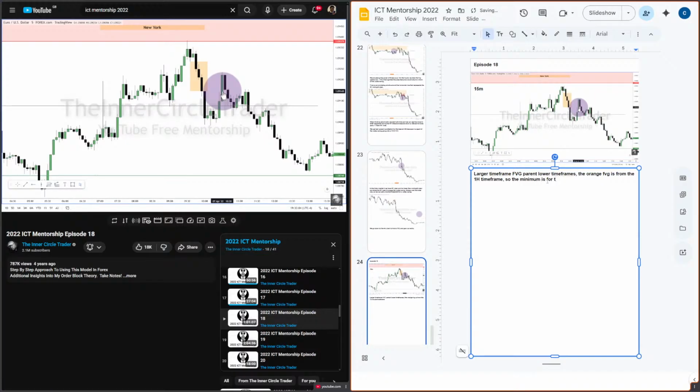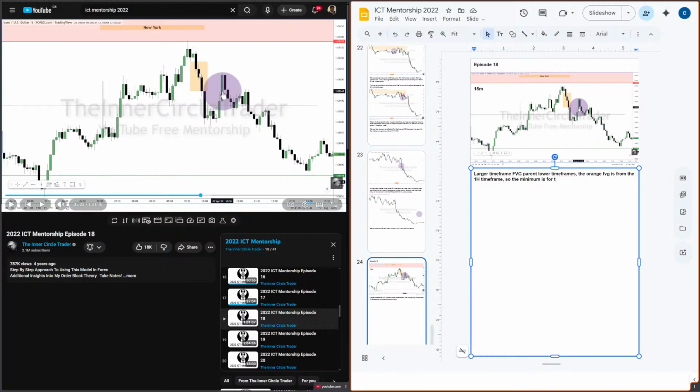This actually helps because I remember times where I'm like, okay, we're allowed to go down in time frames, and let's say we're entering on the 1 minute time frame. That means that technically, in this instance, 5 minute. Why can't we enter on this fair value gap? Why must we use the parent or the other one? Now we have understanding, because obviously the larger time frames have more value because they are weightier, more liquidity, more volume, and so they matter more. This is a basic way to put it. But now it makes sense.